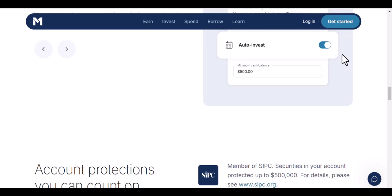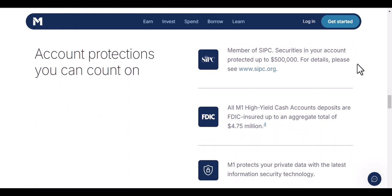Another factor to consider is the method of withdrawal. M1 Finance primarily uses ACH transfers, which are electronic transfers between banks. While convenient, ACH transfers can sometimes have limitations based on your bank's policies. So, it's always a good idea to check with your bank regarding any potential limits they might impose on incoming or outgoing ACH transfers. Moving on to external transfers, what if you want to move your entire portfolio to another